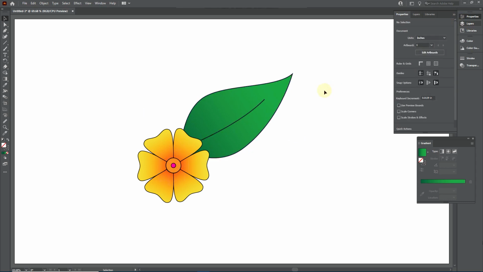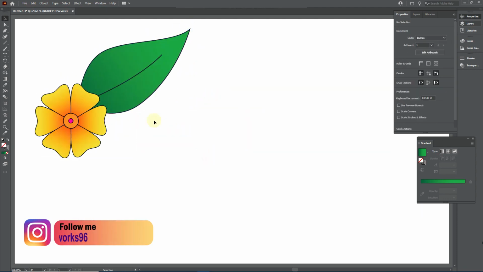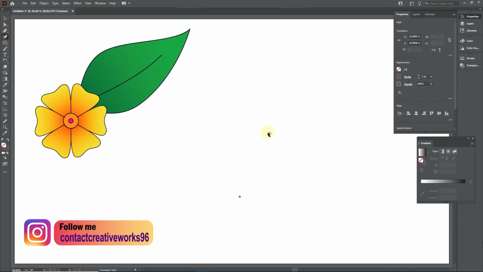Change stroke weight to 3. Now I am picking curvature tool and drawing like this.